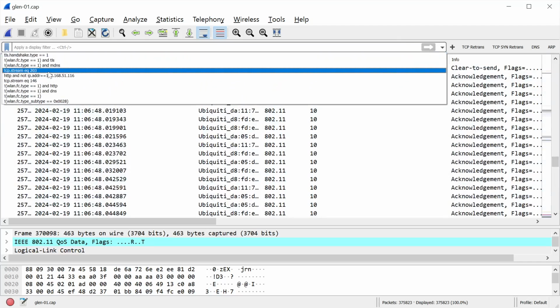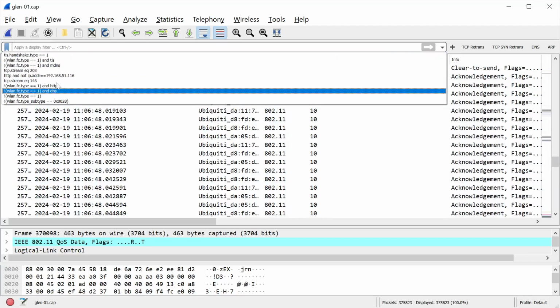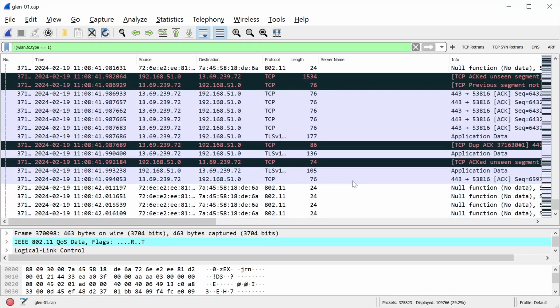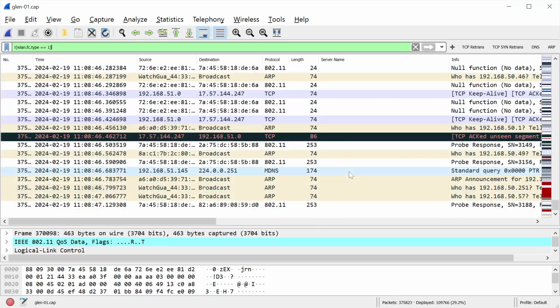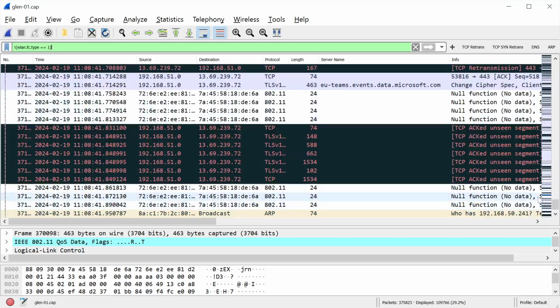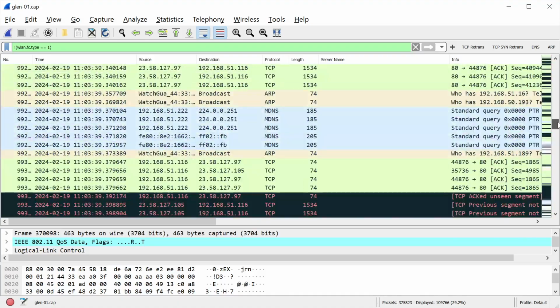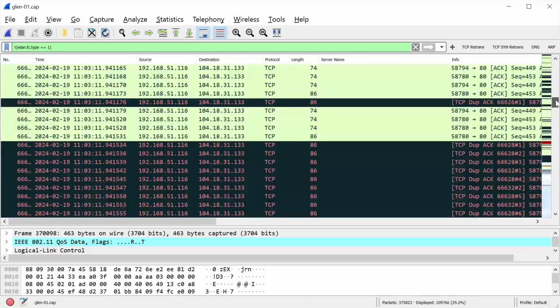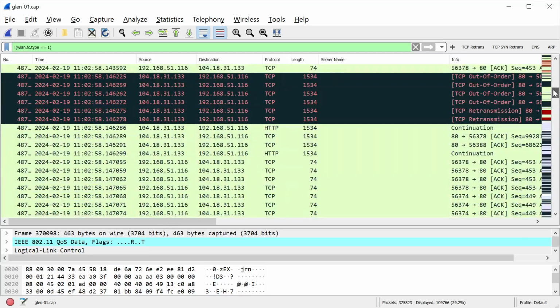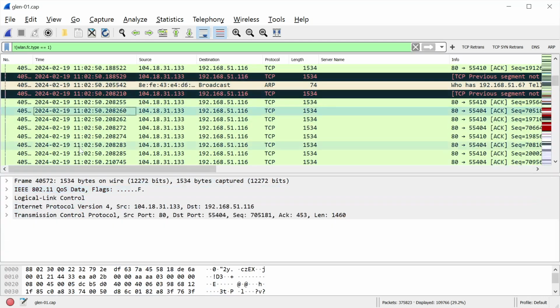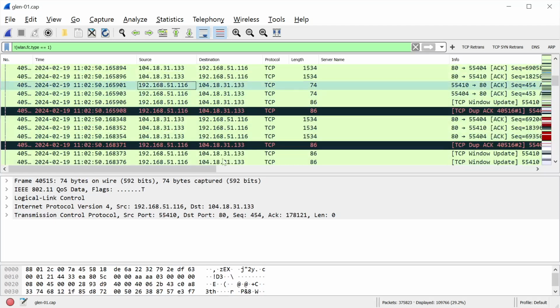I'm going to turn back on the filter to get rid of 802.11 control frames. That wasn't the right filter, but that's okay. Oh, let's do this. I want to try to fingerprint